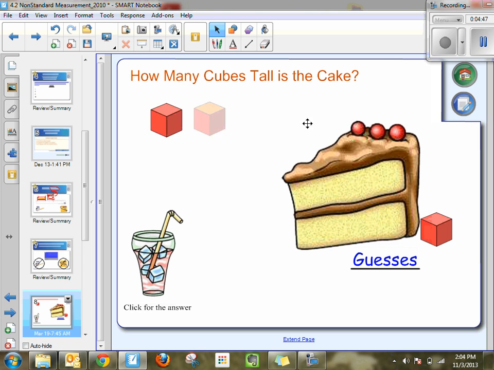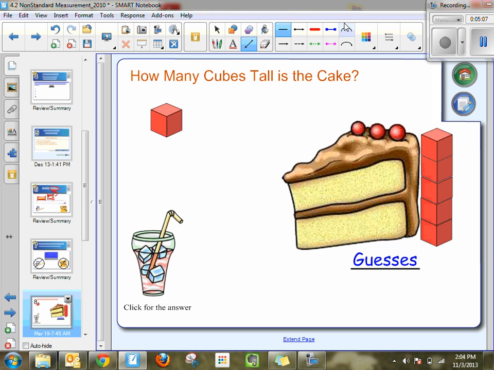So let's measure. There's 1 cube. We'll stack one on top. There would be 2 cubes. Here is 3 cubes. Here would make 4 cubes. So be thinking about the number that you guessed. There's 4. Here comes number